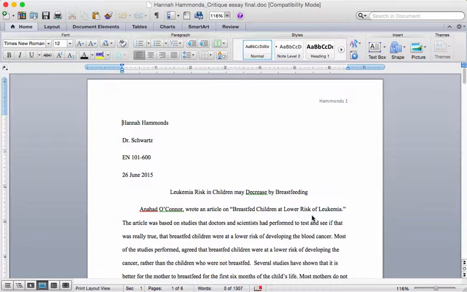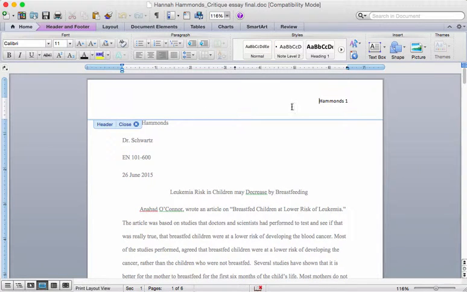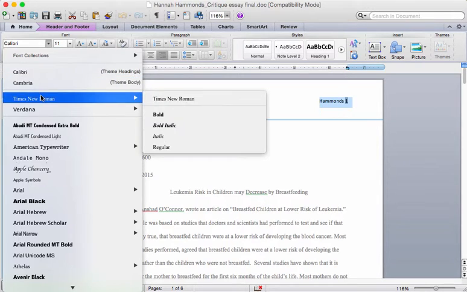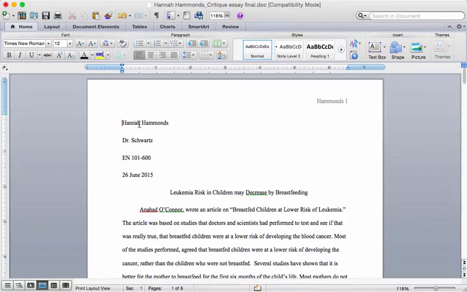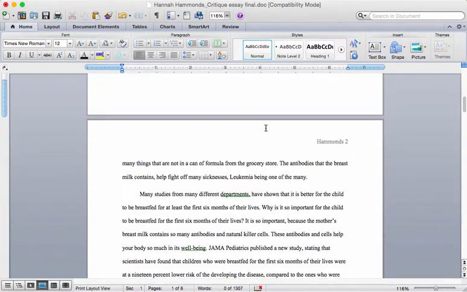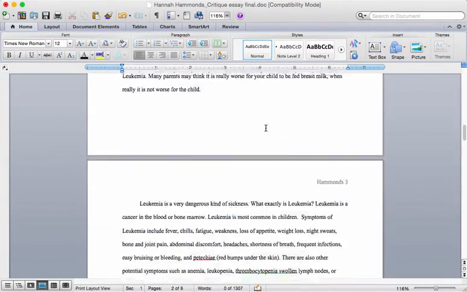All right, Hannah, I want to show you how to correct the MLA formatting first. So I've got your document open, and the page header should be in Times New Roman size 12 font, just like the essay is. So let's put the cursor in the page header area and click it to open it, and then highlight the page header and change the font to Times New Roman size 12. And then close it, and then check each page to make sure that it's correct on each page, and it is Hammond's 2, 3,